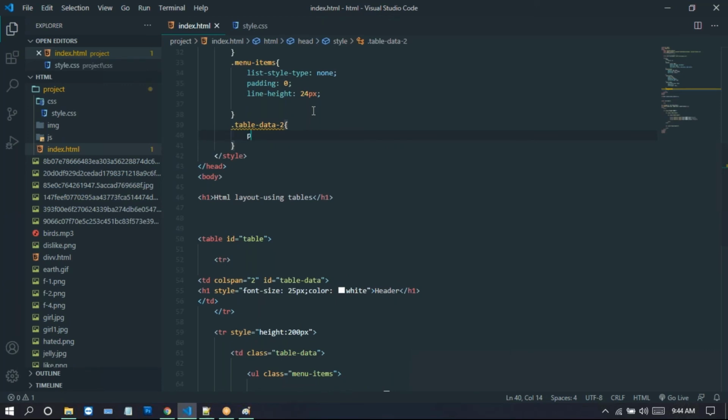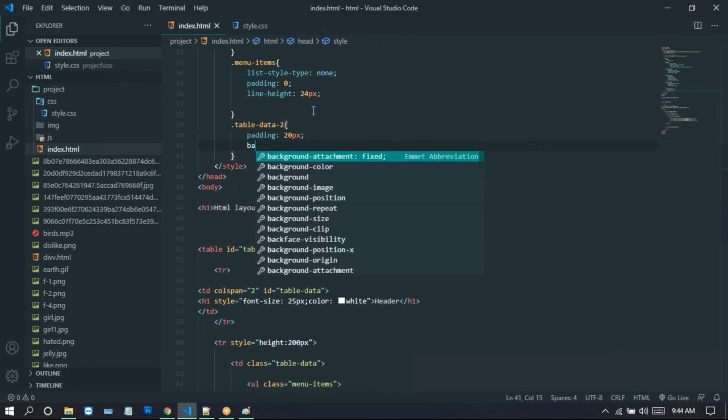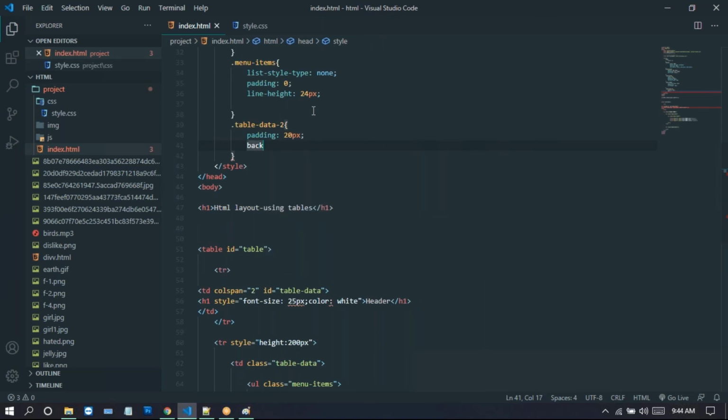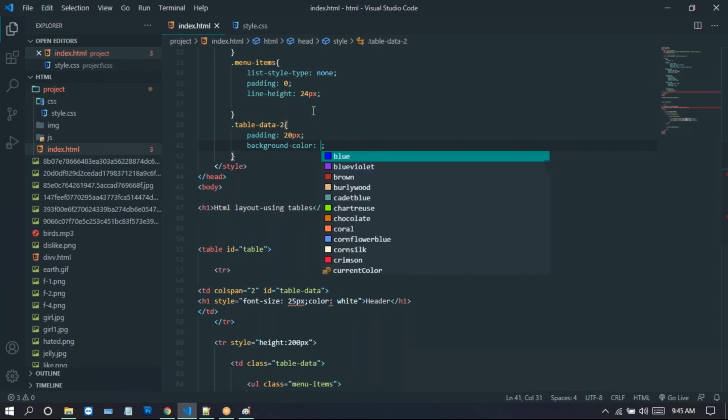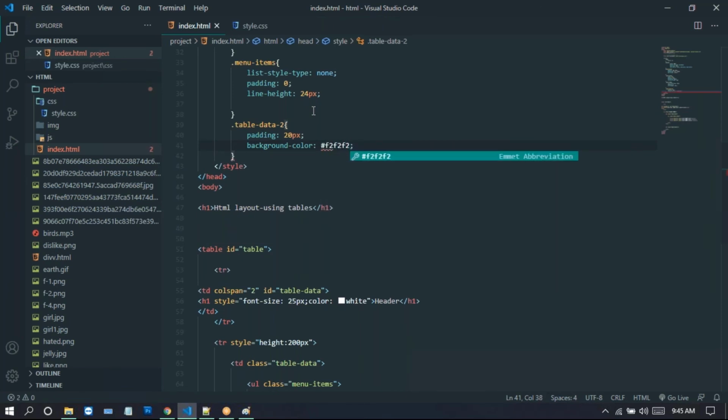For this one, we just write some CSS. I'm taking padding 20 pixels, and after that we give the background color. For this background color I'm just providing f2f2f2.